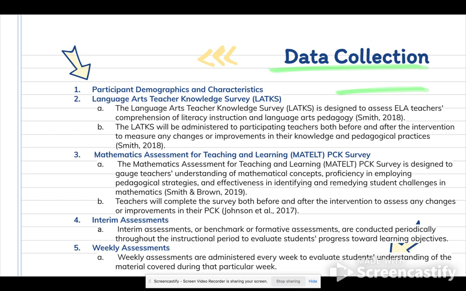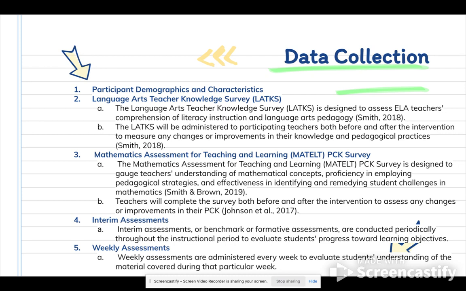The ELA teachers will receive the Language Arts Teacher Knowledge Survey, which assesses ELA teachers' comprehension of literacy instruction and language arts pedagogy. And math teachers will receive the Mathematics Assessment for Teaching and Learning Survey, which engages teachers' understanding of mathematical concepts, proficiency in employing those strategies, and effectiveness in identifying and remedying student challenges in mathematics.